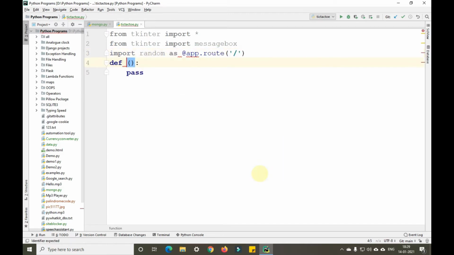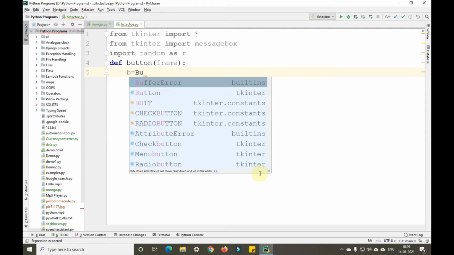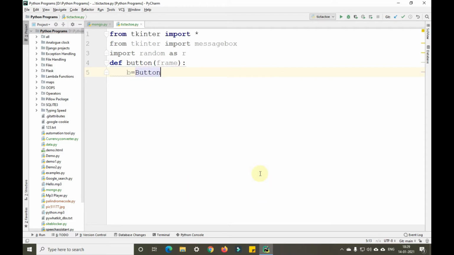Okay. After I've done that, we'll define a function called button. We'll give the input as frame, that is the tkinter frame, colon, b equals Button of frame, comma.